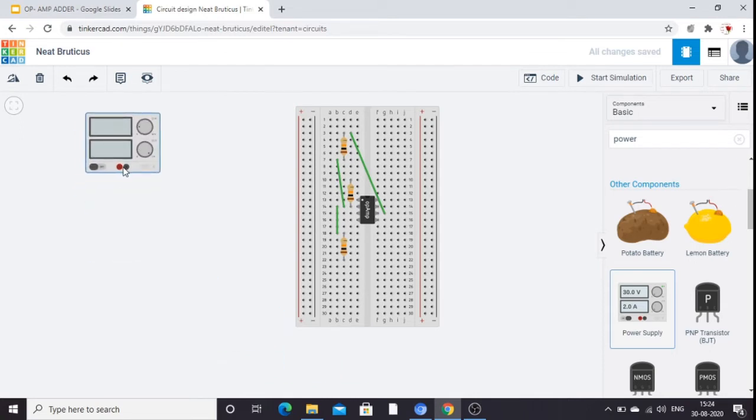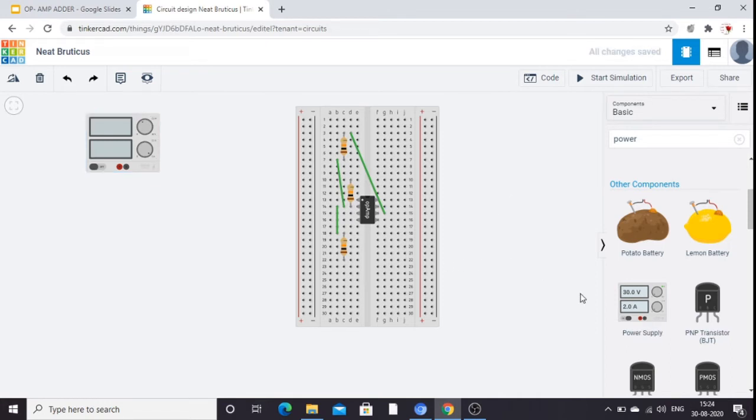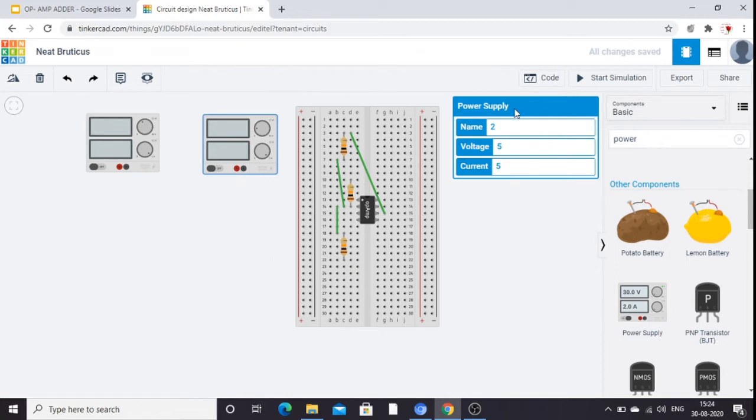This is for V1. Here I am going to set the voltage 12 volts. Okay. Then next power supply. When you click, this box will open. Then you can change the voltage value to 12 volts. Okay. So for our convenience, for our understanding, now I am going to name the two power supplies V1 and